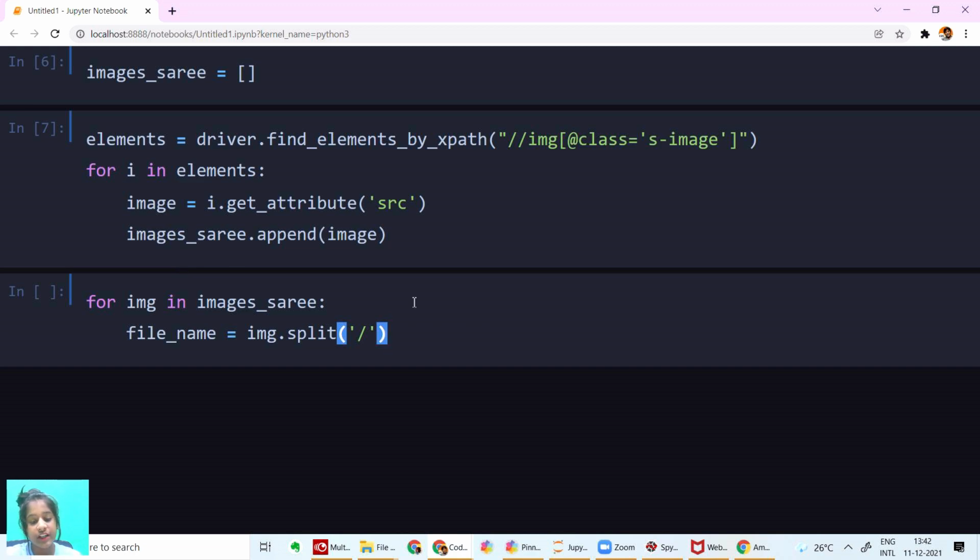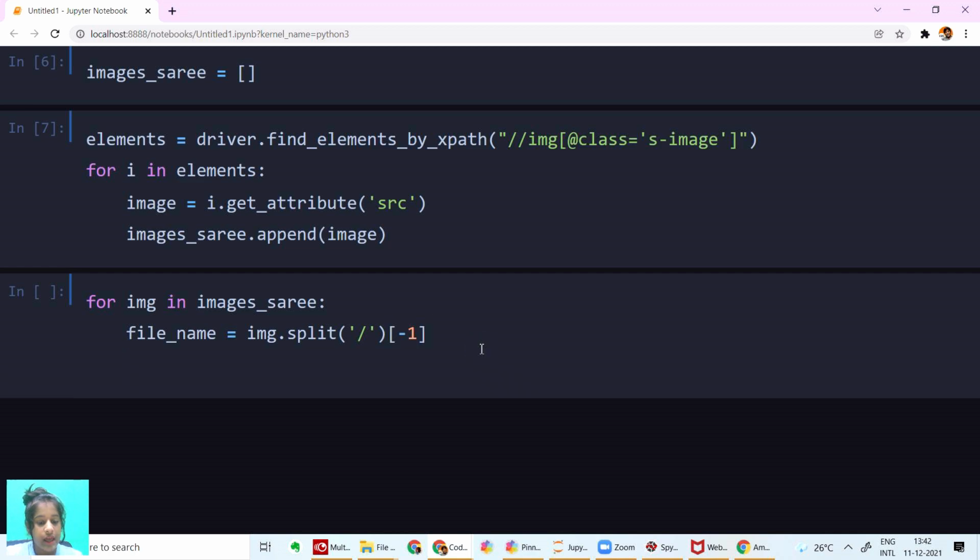I mean, we're going to download it actually to save. And I'm going to print the file name. I'm going to get the file name up here.